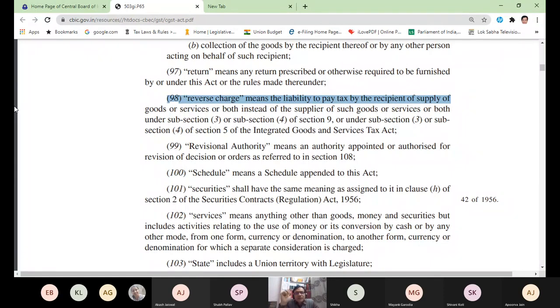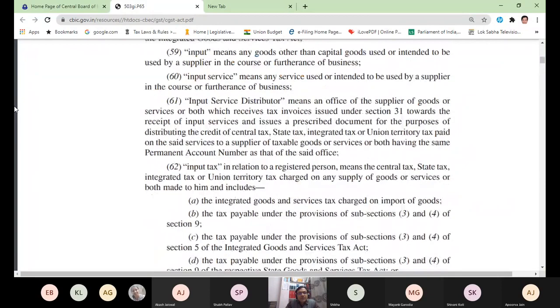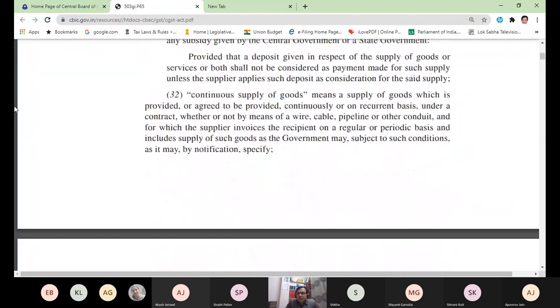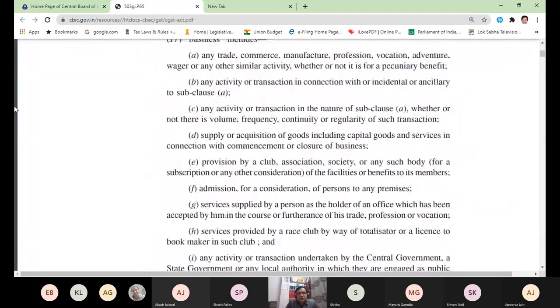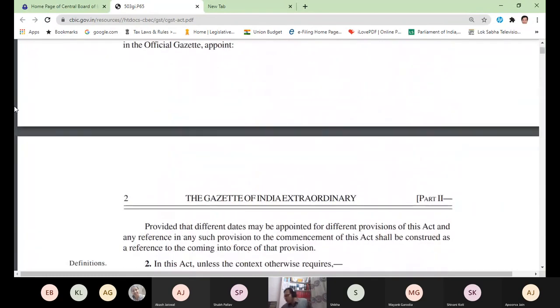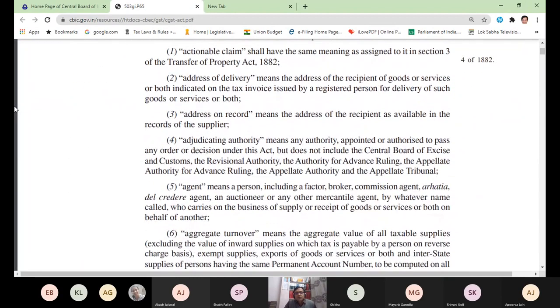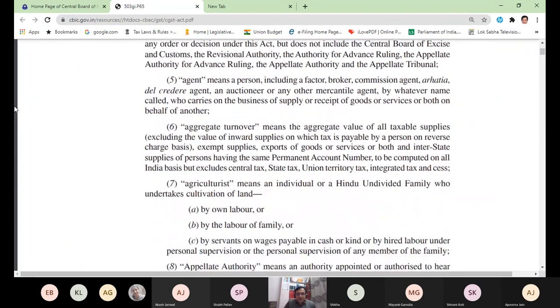Now, since I have shown you section 2, let me tell you those definitions which you have to do. So you have to note down those cases. Let me tell you those definitions which you will read from section 2. Please note it down somewhere, and let me also note it down in my copy so that I can note it down in the pen tablet also. So what you have to read in future, let me tell you those definitions.